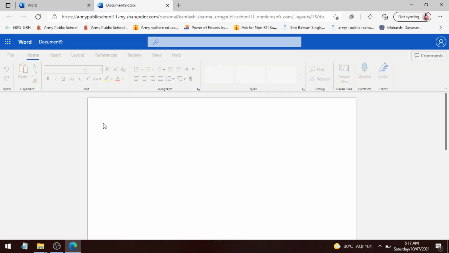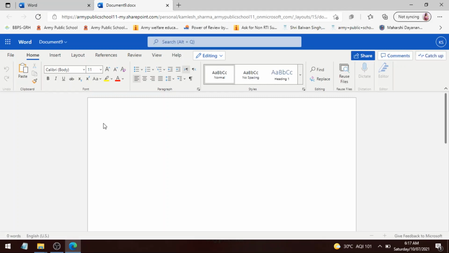Now see, as I told you, this is the cloud version. These versions of Word, Excel, PowerPoint may not have all the detailed features of the offline versions, but they are good enough to practice, good enough to work on and share your work, even download your work. So these are very good alternatives if you're not having these softwares installed on your laptop.